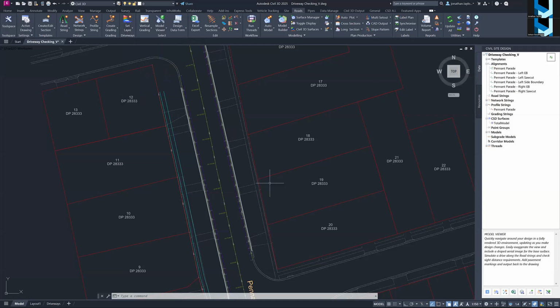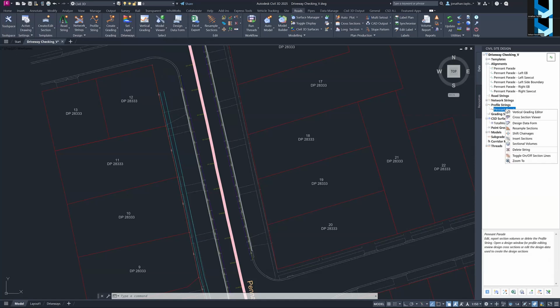Let me just quickly review for you what we've got in the project. Apart from the Civil 3D alignments and the surface, there is one single string, a profile string, no surface. I could have created this as a road string, but I deliberately chose not to show you how this works. If we go to the vertical grading,